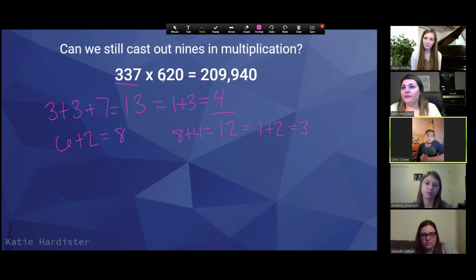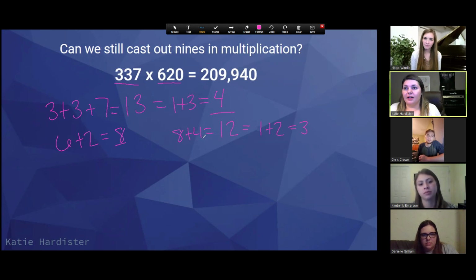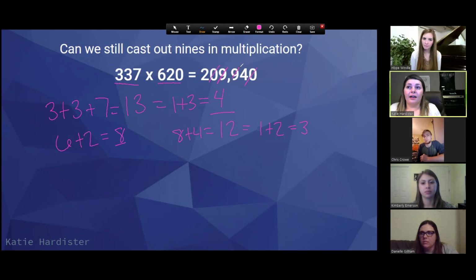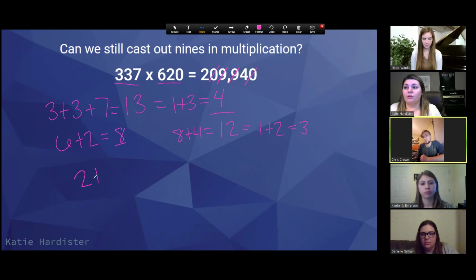So now I've used both of these numbers here. I took 8 and 4 and added them together, and of course got 12. 1 plus 2 is 3. Now Kim told us that we don't have to write these zeros, so we can just go ahead and cross them out. And again, we don't have to write 9s, right, because we're casting them out. So let's just do 2 plus